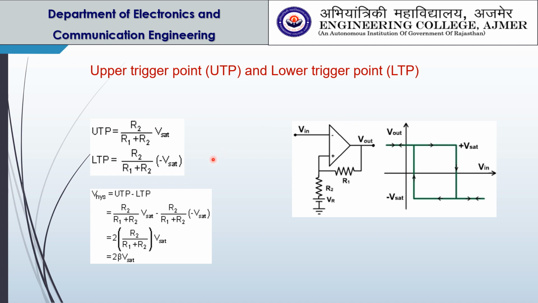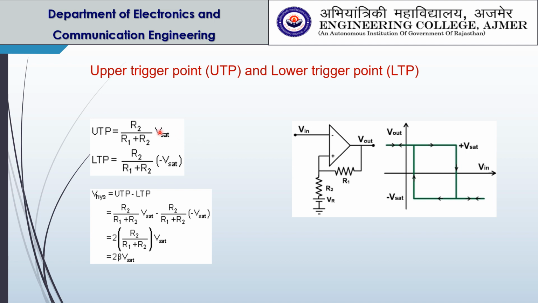You must know that positive feedback has an unusual effect on the circuit. It forces the reference voltage to have the same polarity as the output voltage. The reference voltage is positive when the output voltage is plus V sat and negative when the output is minus V sat. In a Schmitt trigger, the voltages at which the output switches from plus V sat to minus V sat or vice versa are known as the upper trigger point and lower trigger point. The difference between the two trip points is called the hysteresis.